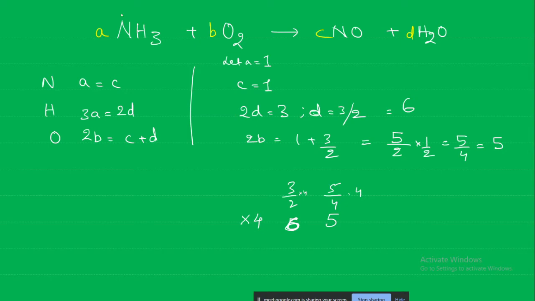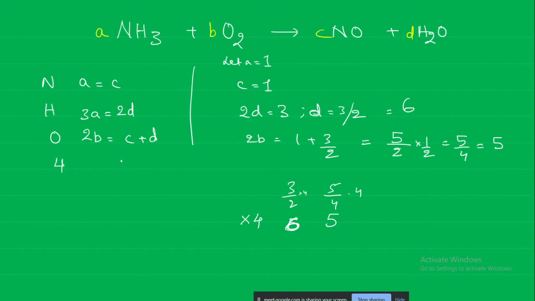So we'll substitute and write the complete equation, and there will be no change in the A and C values. Yes, A and C will not change. No, no, you have to multiply everyone. Yes, you are right. You have to multiply everyone. So if you multiply all of them with 4, these two also will become 4.